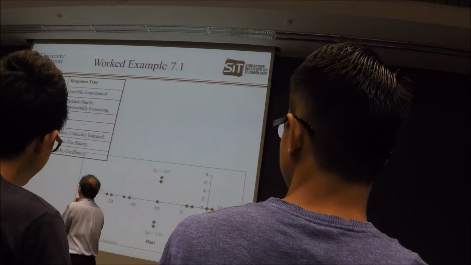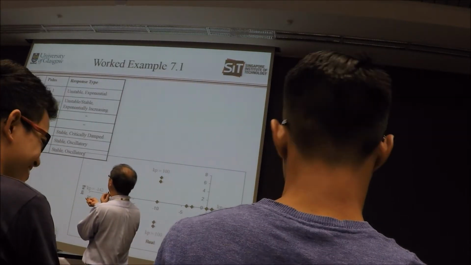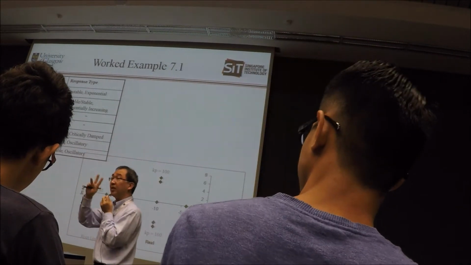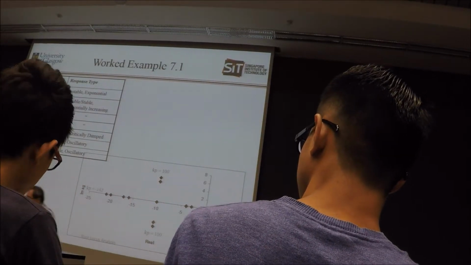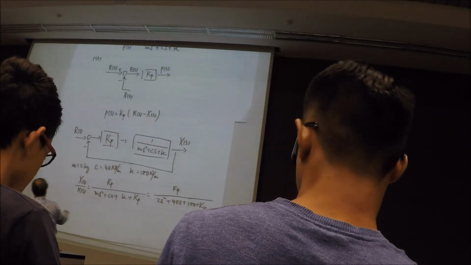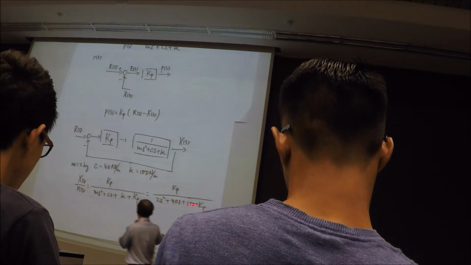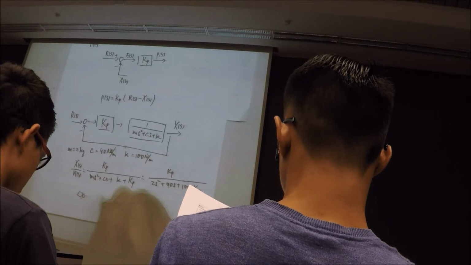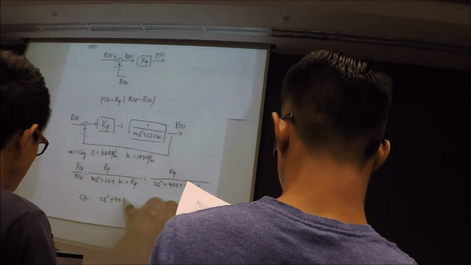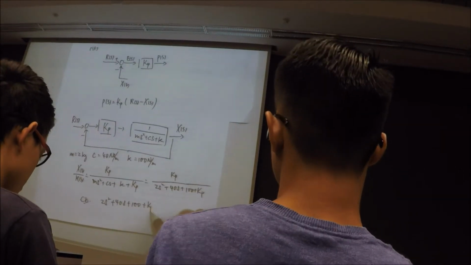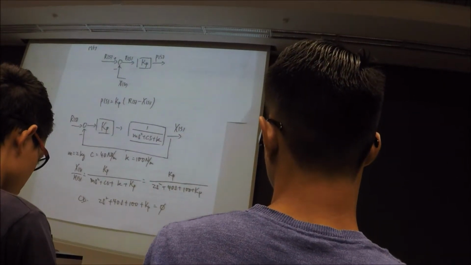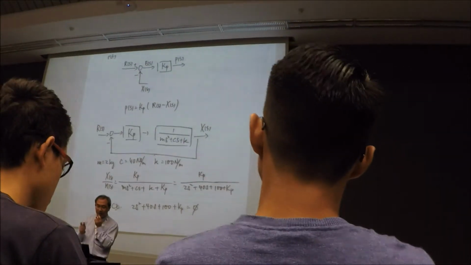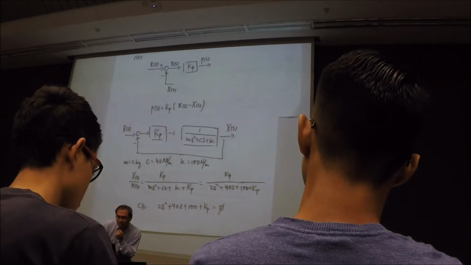Let's take a look. If you take Kp equal to minus 142, you have two poles because it's a second order transfer function, right? Because this is exactly what we did. You have a Kp here, and you set the denominator equal to 0, which is your characteristic equation. In this case, the characteristic equation is 2s squared plus 40s plus 100 plus Kp equal to 0. So the question is basically saying to put Kp equal to minus 142, minus 100, 0, 28, 100, 150, and